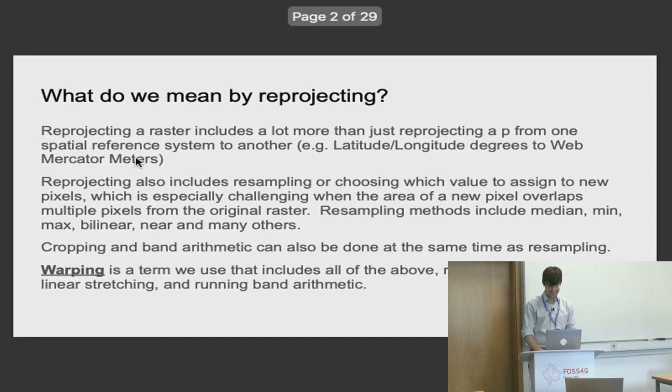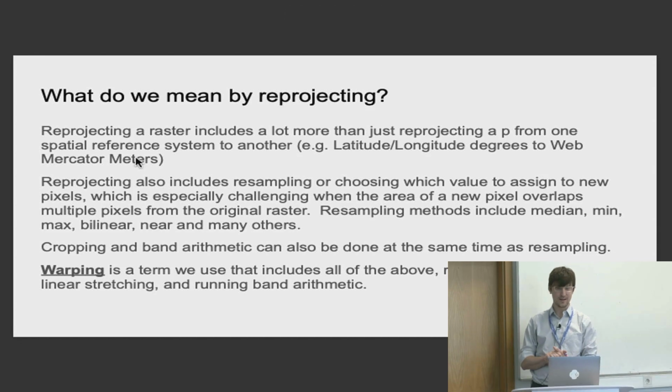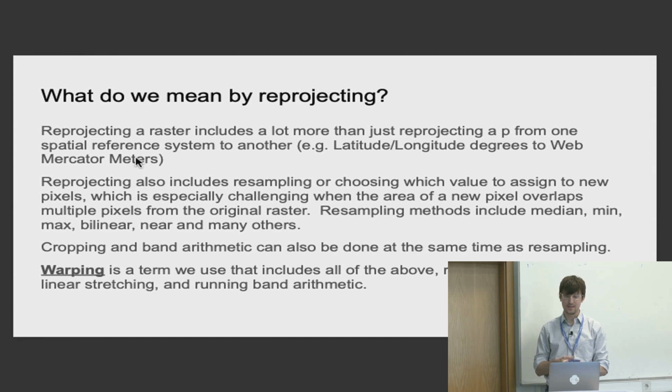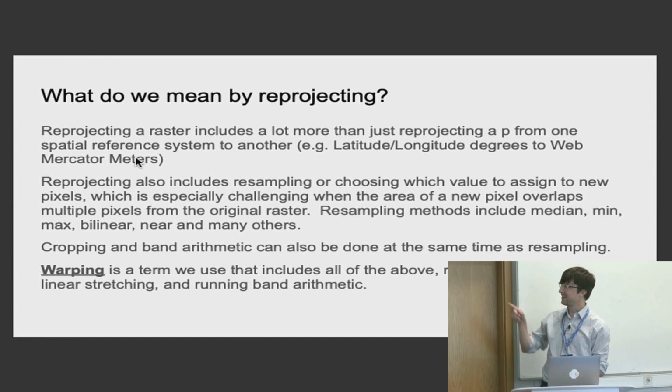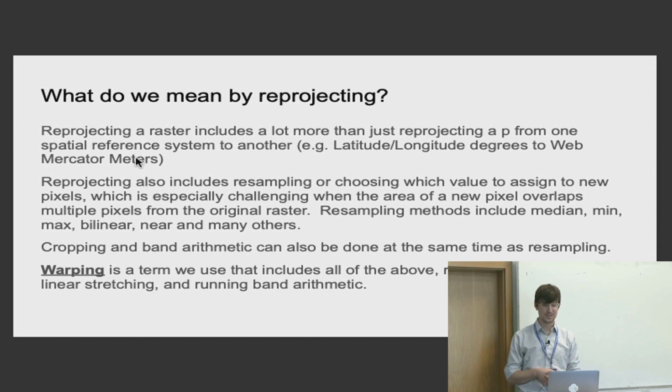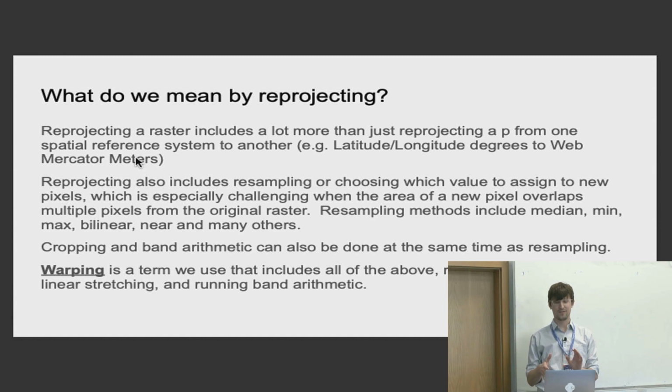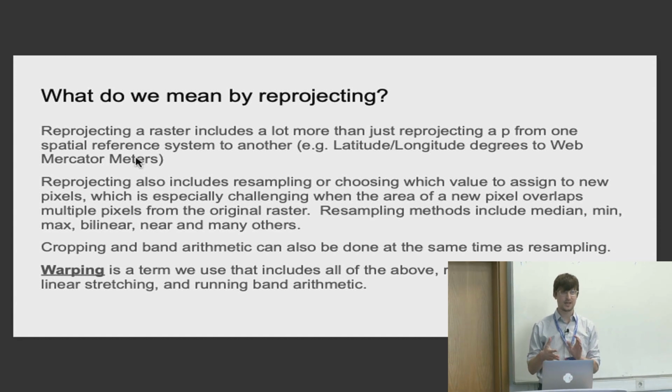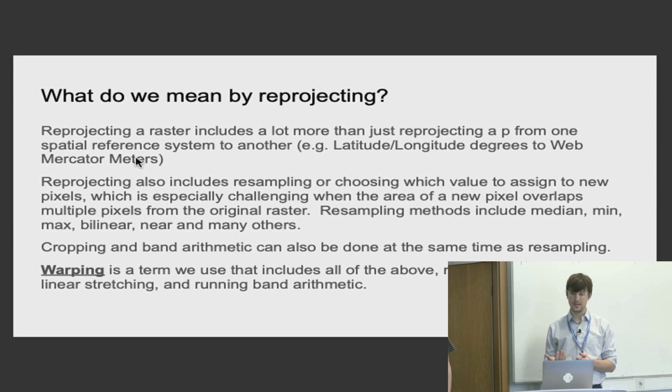I'll get started. What do we mean by reprojecting? Reprojecting a raster means a lot more than just reprojecting. The point is to go from one spatial reference system to another. We're not just talking about converting degrees to meters. Reprojecting is a big task and it can include a lot of other subtasks, like resampling, cropping, doing data arithmetic, and doing linear stretching. There's a lot of resampling methods we can choose from, and those include median, mean, min,